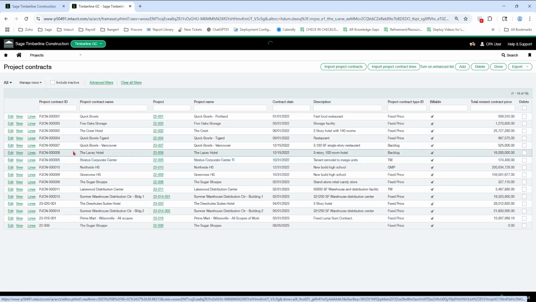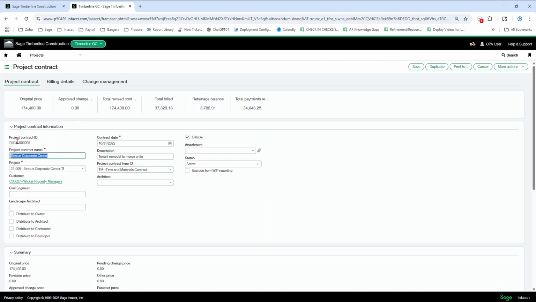So on the header here, we have, again, we're going to type in the project number. So 22005 would go there. Stratus Corporate Center. The customer is going to default in, if you remember. The date will also default in from the begin date on the project. If you skip over that, you have to type the date here. You don't need description, but you can put it there if you'd like.